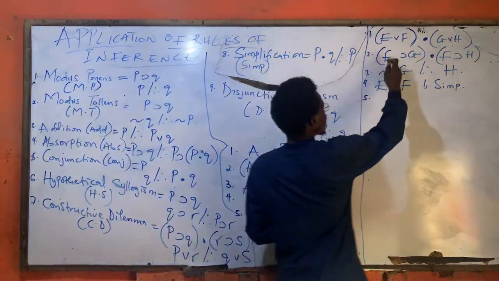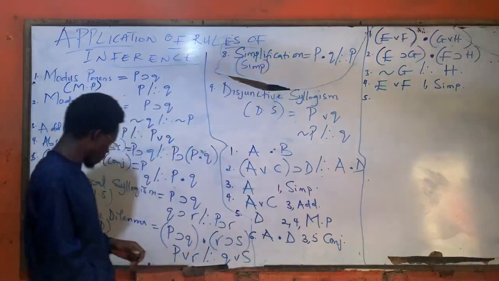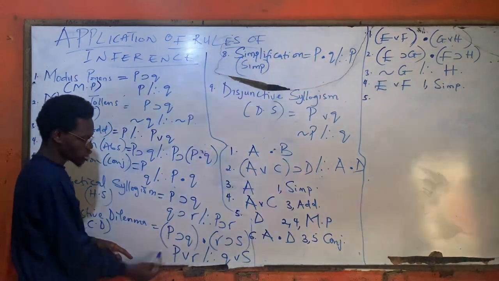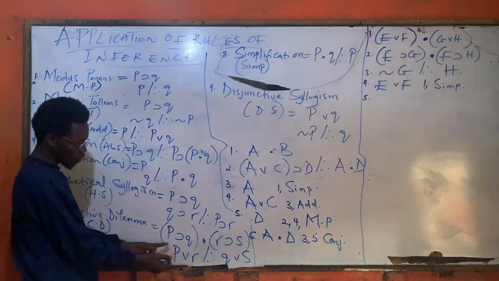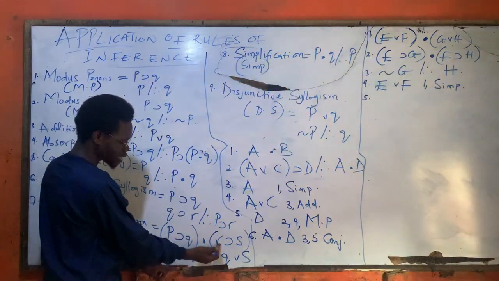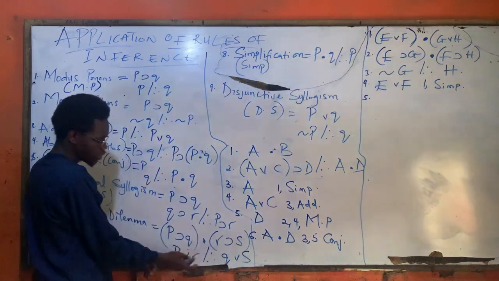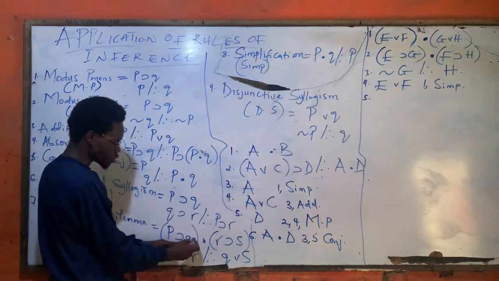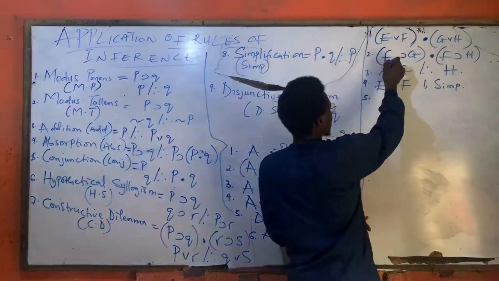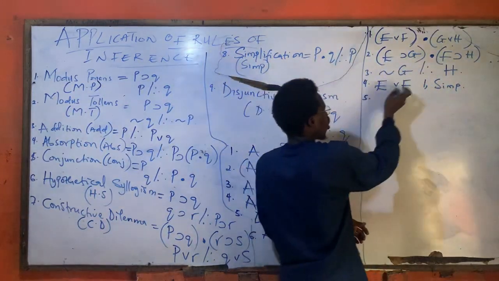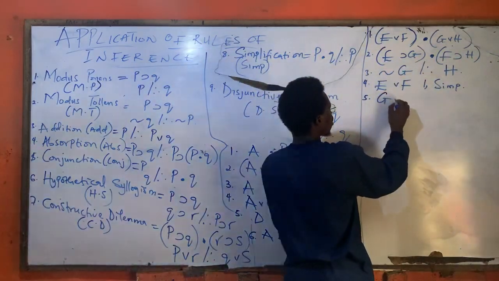When your second premise gives you the antecedent of the first conditional or the antecedent of the second, then you can infer the consequent of the first or the consequent of the second. The antecedents are E or F, so our conclusion can be G or